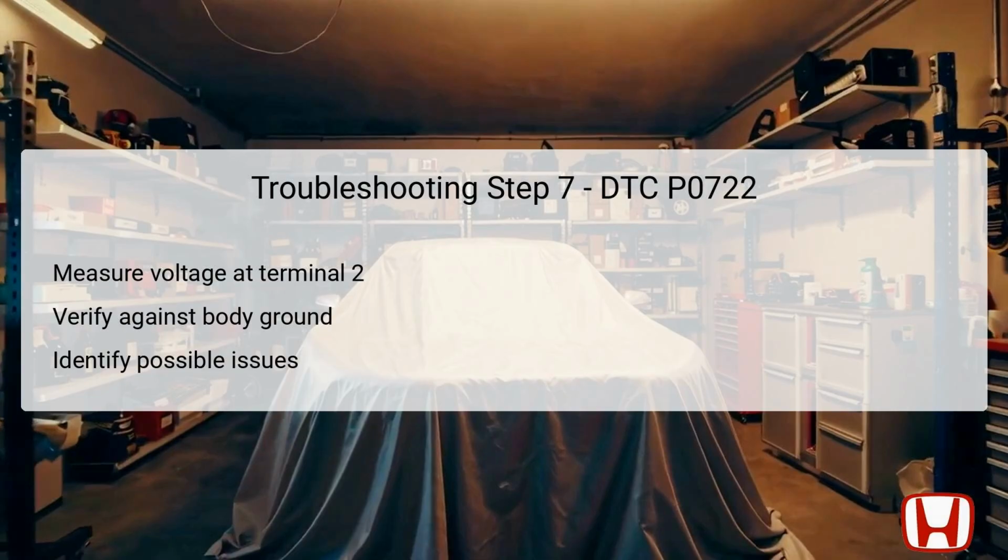The expected results may vary depending on the vehicle model year, where different color wires indicate different signals. For 2008 to 2009 models, look for a blue wire, while for 2010 to 2012, it would be a tan wire. A reading within expected ranges would affirm that the sensor itself is functioning properly. Conversely,